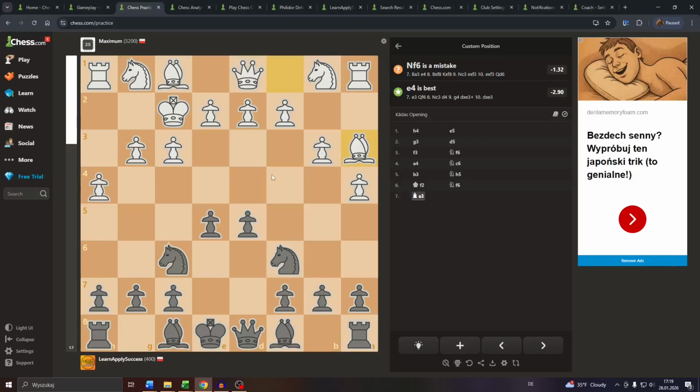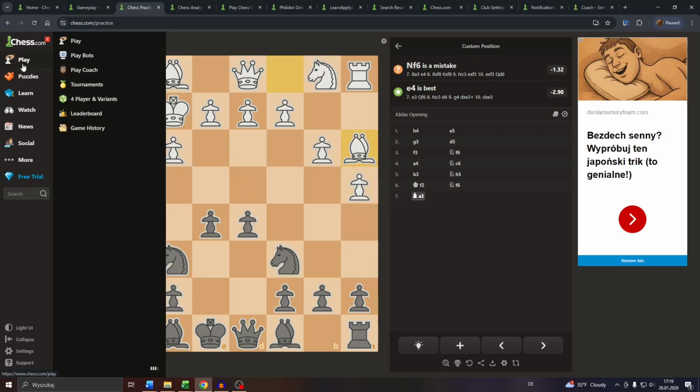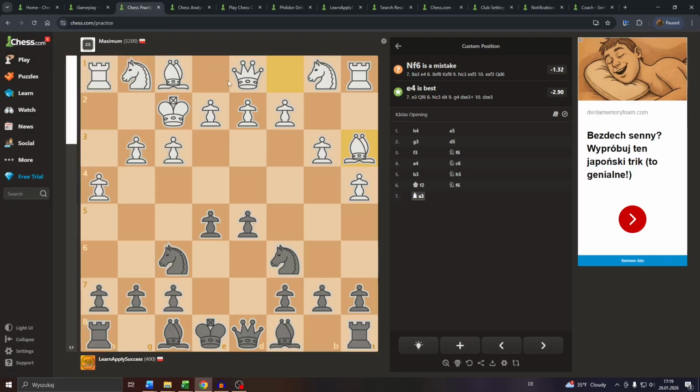Hello guys, in this tutorial you will learn how you can reset your position in a practice match or a chess match against the computer on chess.com. So let us guide you through it. So navigate to the mode or your current game, for example against the computer, as you can see here in